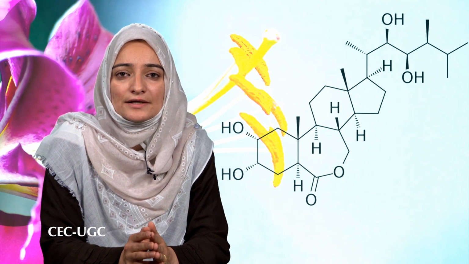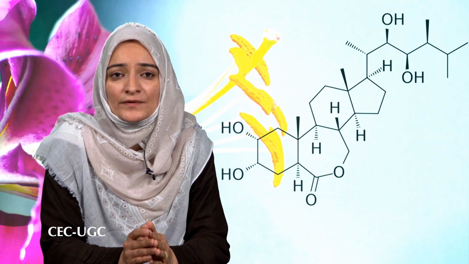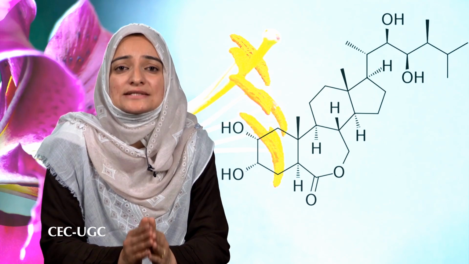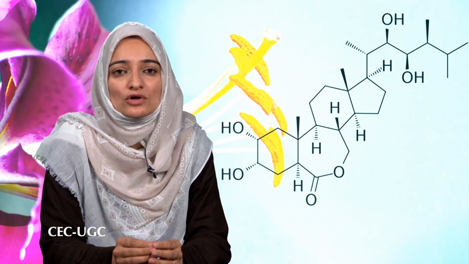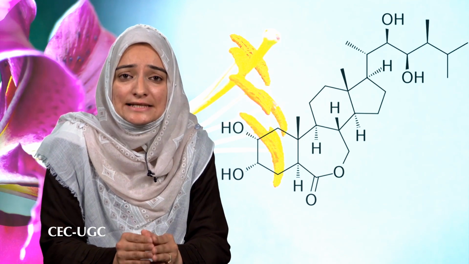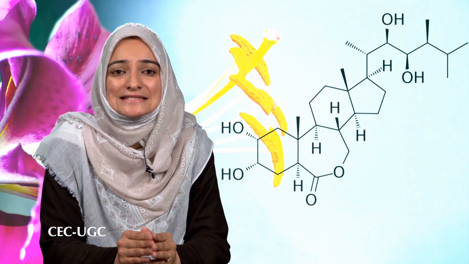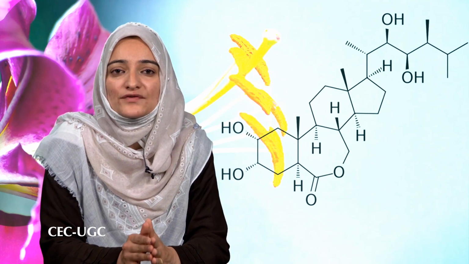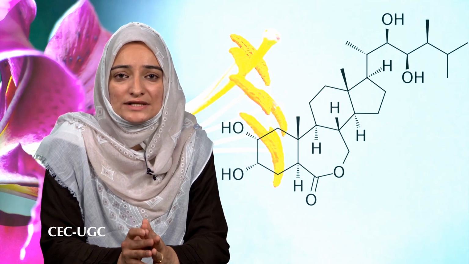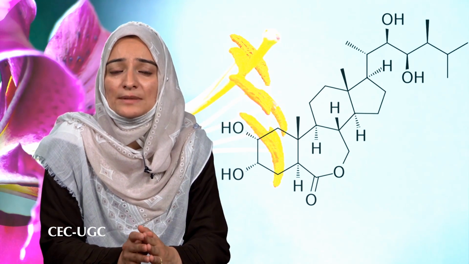This indicates that brassinosteroids have a positive role in etiolation, that is, they are needed for normal etiolated growth in the dark. In other words, brassinosteroids repress a precocious expression of photomorphogenesis in dark grown seedlings or in seeds germinating under soil. However, this phenomenon is seen in brassinosteroid deficient mutants of some plants, for example, tomato and Arabidopsis, but not in others, for example, pea.